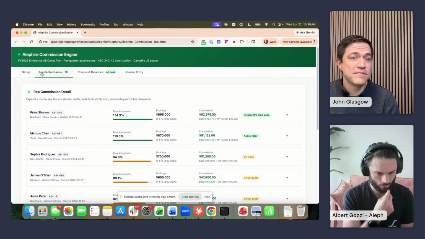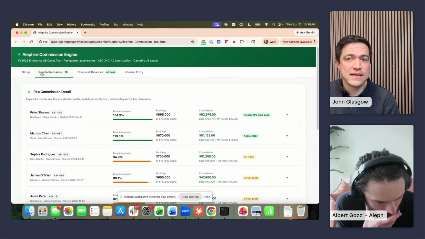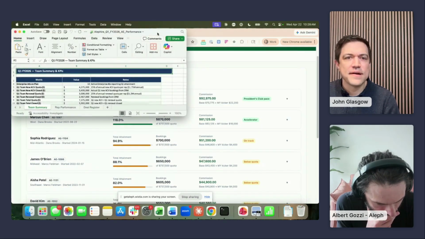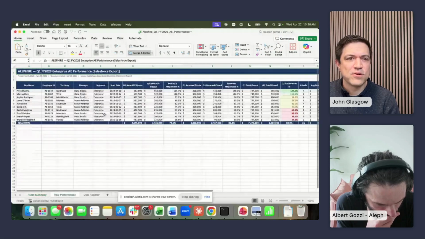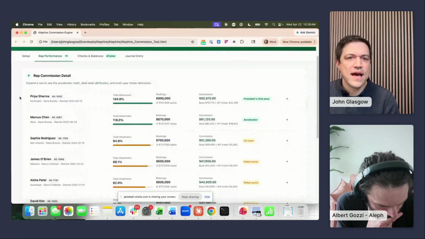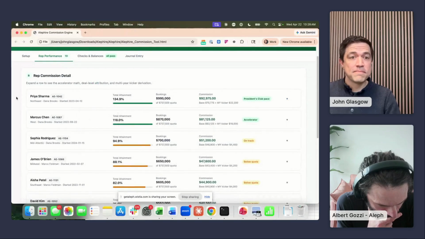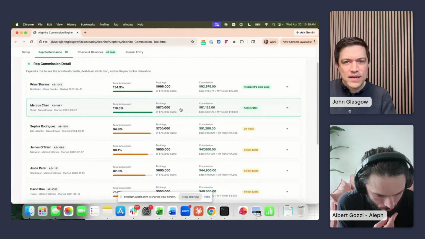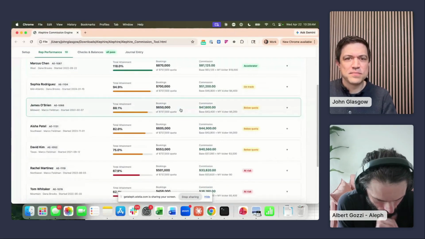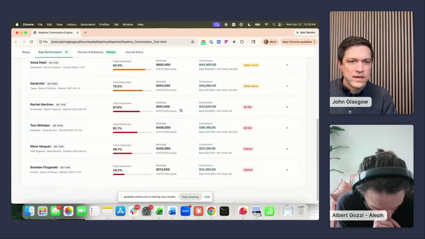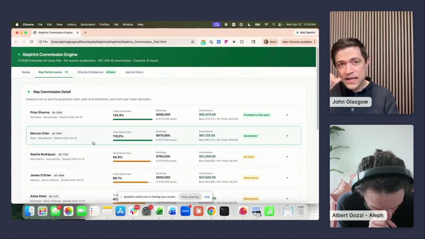Once you drop in the file with the performance data, and again, I'll show that file here. So here's everybody's performance. And what it did was it took that comp plan that I gave it and built out the results. So Priya's on her way to P Club. We've got Marcus, it's an accelerator, some folks below quota. Some people underperforming. I have found they will hallucinate.